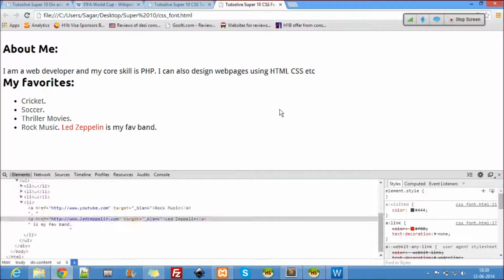Active is nothing but clicking and holding. You see? Just about to click. So red background with a white font.